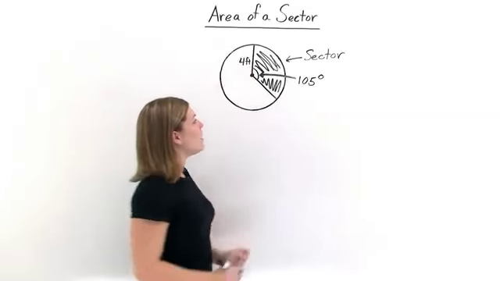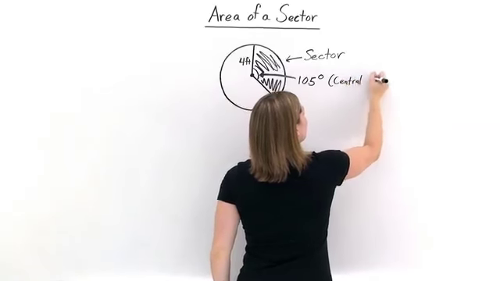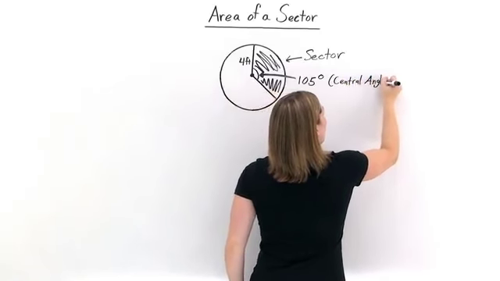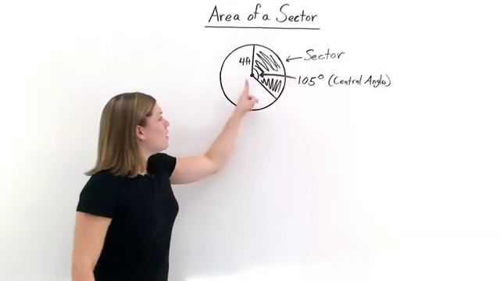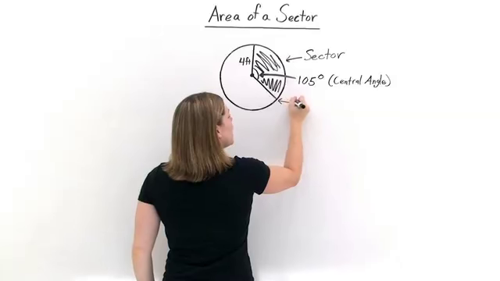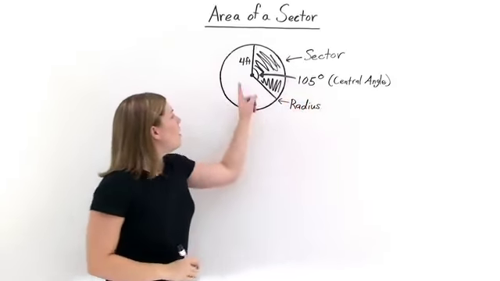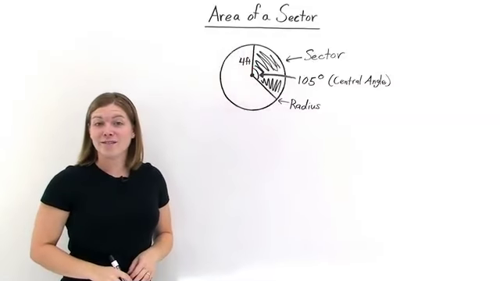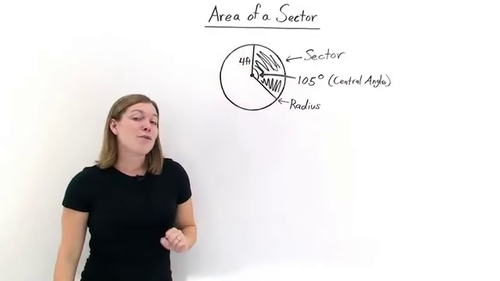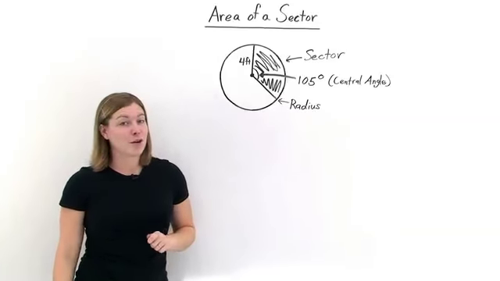Now, the angle that makes up our sector is called the central angle. And the two sides of the central angle, here and here, are radii of the circle. So this side is a radius and the other side is a radius as well. Great! Now that we've identified some of these pieces, we can more closely focus on finding the formula for the